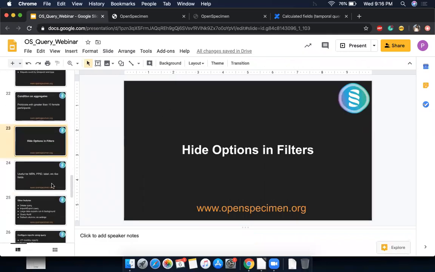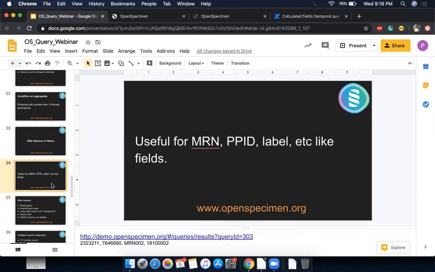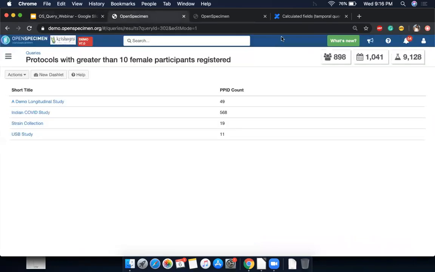This hide option in filters, again, is a new feature. It's useful to do queries if you have text fields like MRN, PPIDs, labels, those kinds of fields. I'm going to show you the query and explain what that means.